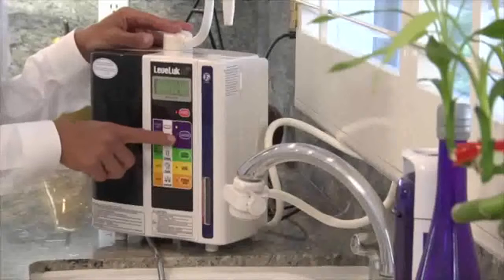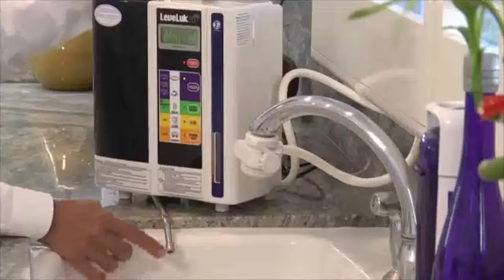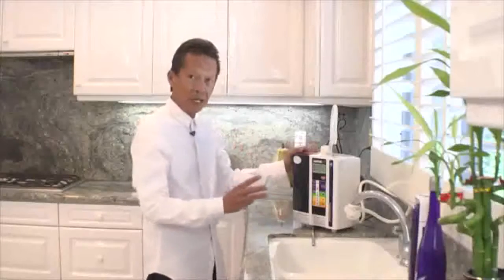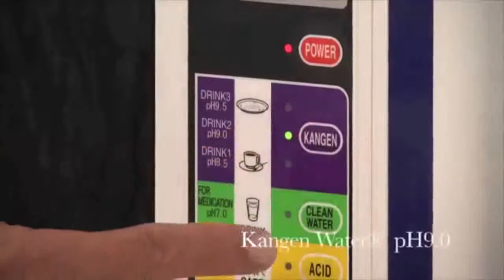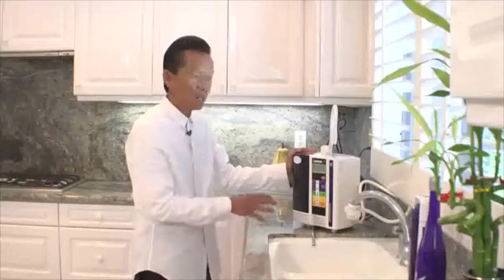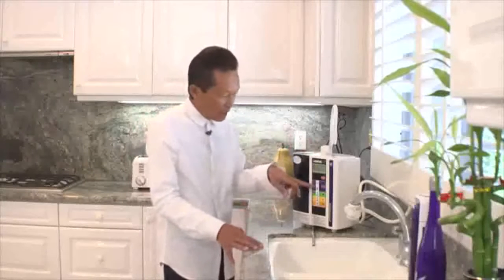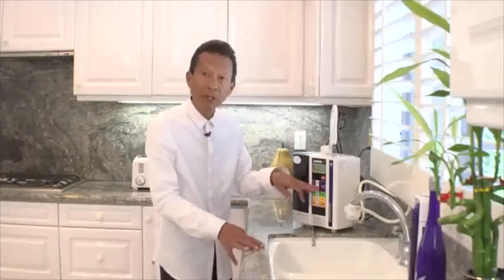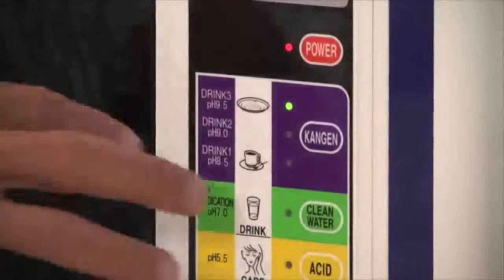Now, as you can see here, the unit makes different types of waters. The first one is the drinking water, the alkaline water. It makes 3 types of alkaline water: Kangen water 8.5, Kangen water 9.0, and Kangen water 9.5. Now, we suggest that if you are getting the water, you begin with the 8.5, okay? And then a week later, you go to the 9.0, and then eventually, you'll land up at 9.5 or 9.0,